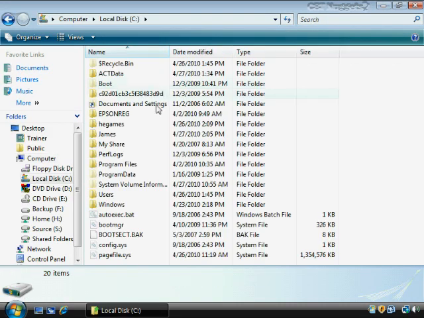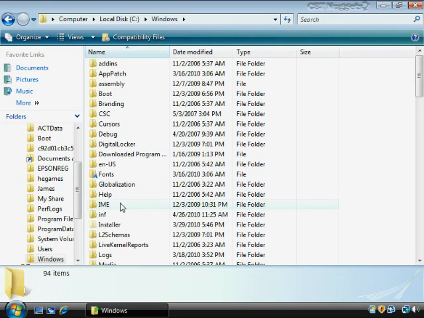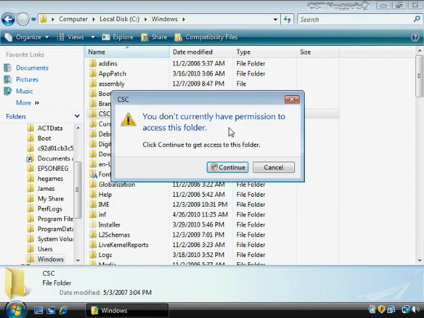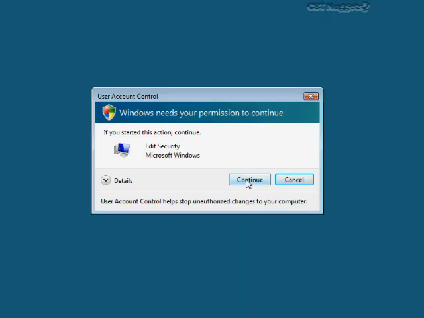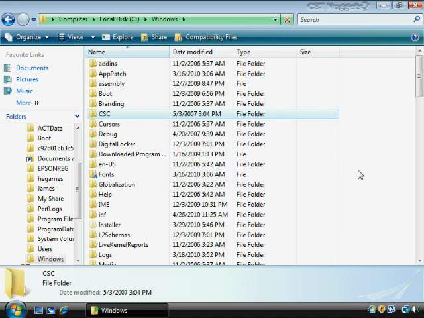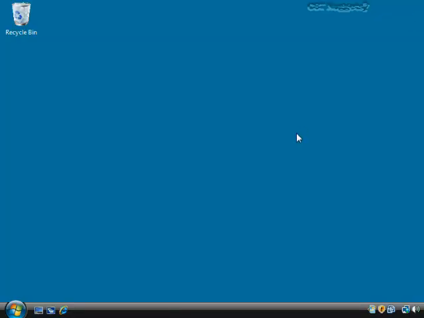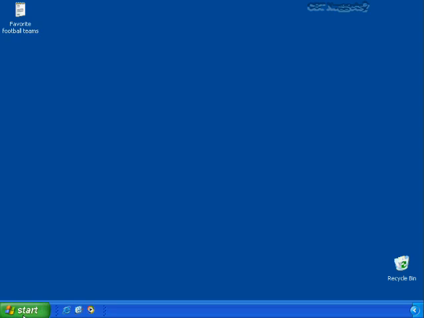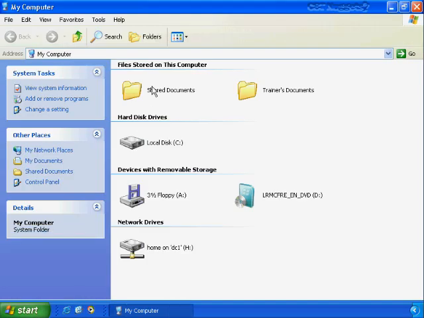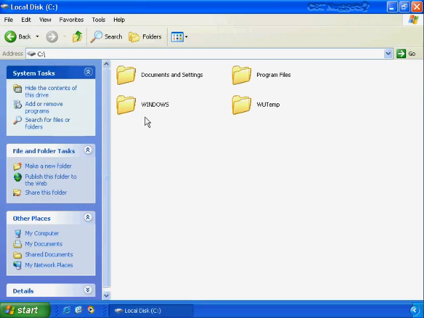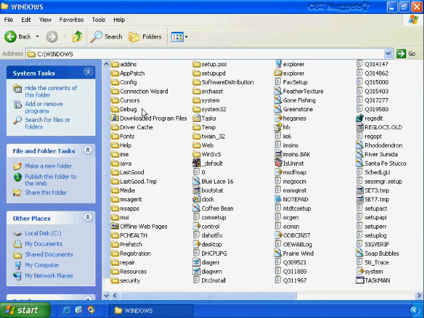If you go to the C drive in the Windows directory, there should be a CSC directory that appears here. As I double-click on this, you'll see that it won't let me get permission in Windows Vista. In fact, I can click Continue, and then I can click Continue again, but it doesn't actually let you do that. So it's pretty much denied in this case, even though I'm an administrator. It does that to prevent accidental corruption of the CSC directory. Previous operating systems you could do that with. So for example, if I go over here to Windows XP, I think you'll see that I can get in there. So I'm in the C drive, Windows, and then the CSC folder.